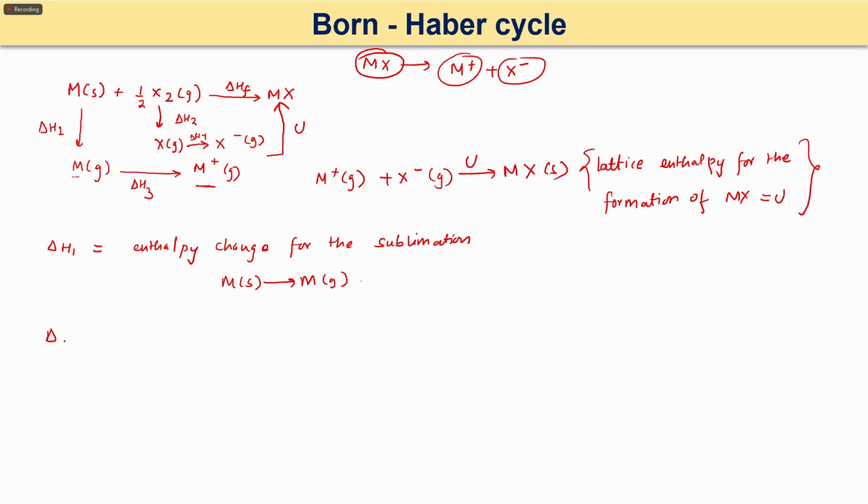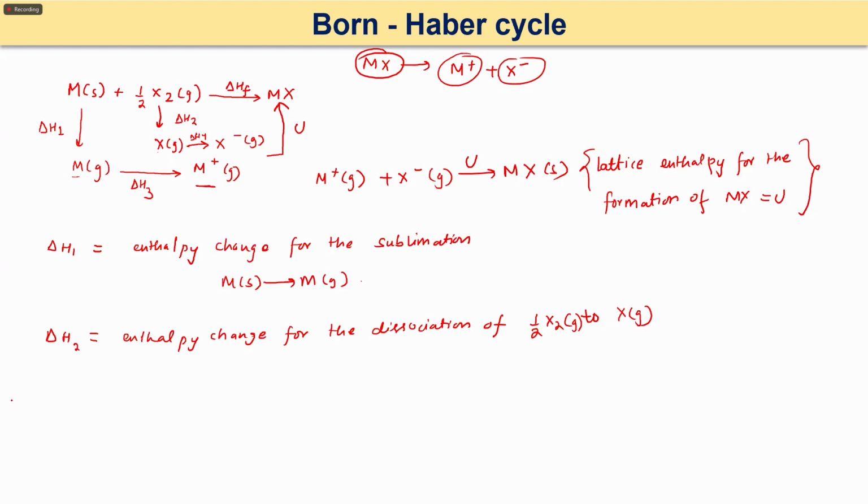Next, what is your delta H2? This one, this is the enthalpy change for the dissociation of half mole of X2, okay, because here it was X2, now you have to dissociate it and form X atom. Okay, so now